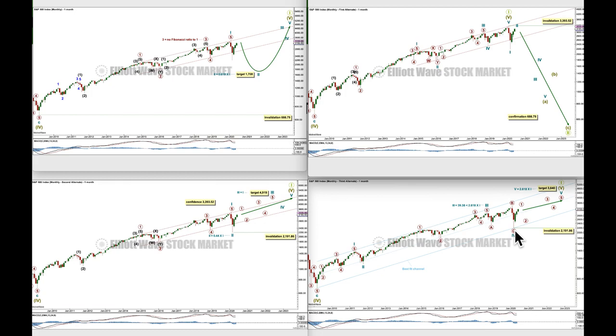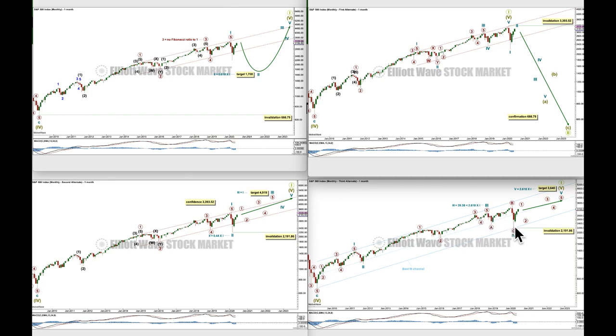The channel is different because it doesn't really work if you use Elliott's technique, but if you draw it like this, from the start of the bull market to the end of cycle 4, and then you pull a parallel copy up to contain all of it and you add a midline, it actually has a pretty good fit. There's a nice Fibonacci ratio between 3 and 1, all the subdivisions work pretty good, and 5 could have begun here.